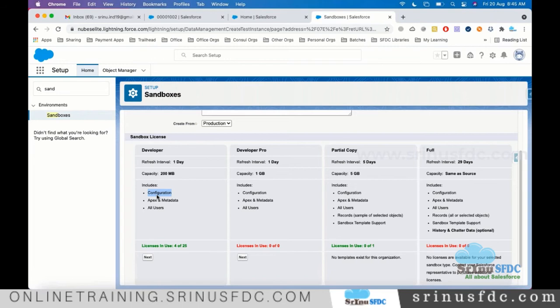Object means tables, fields means columns. All those things will be copied. And also Apex, going forward as part of the development, we write the code by using the Apex programming language. So all the development related files and everything will be copied, but not the data. It also copies the users, right? But not the data in the table.